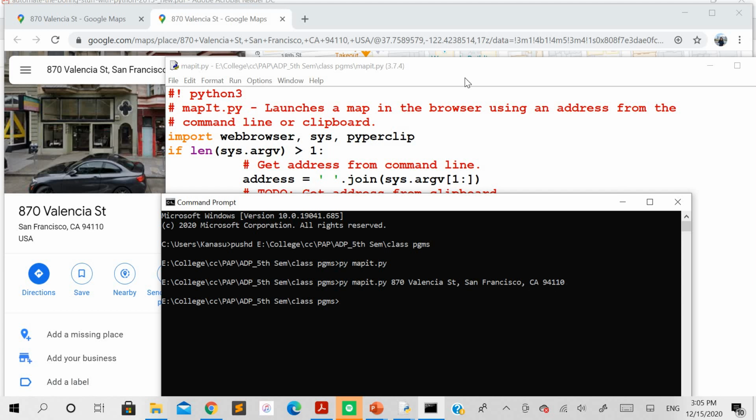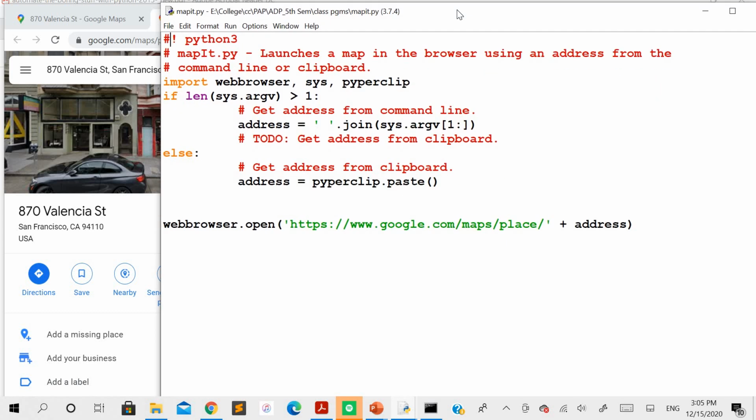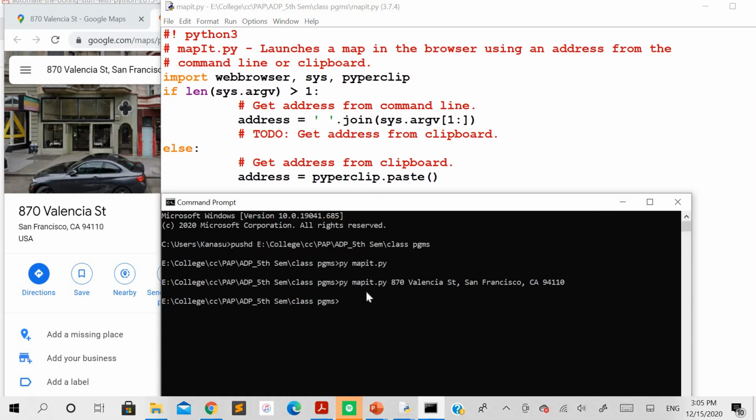So in this case, which part of this program is going to be executed? It is going to be executed from this part, where it checks whether the system dot argv length is greater than 1. Yes, of course it is greater than 1. Why?